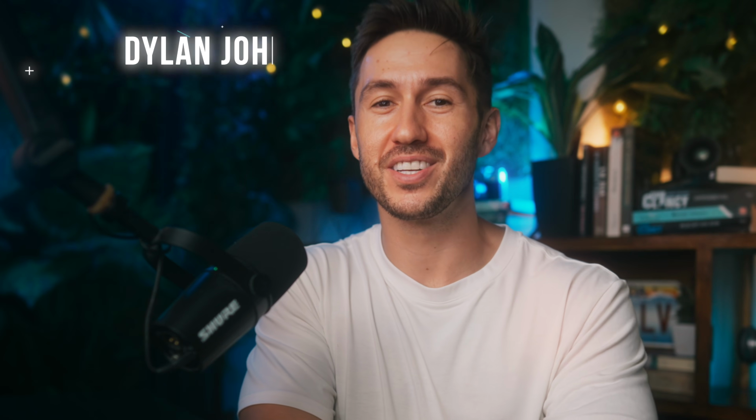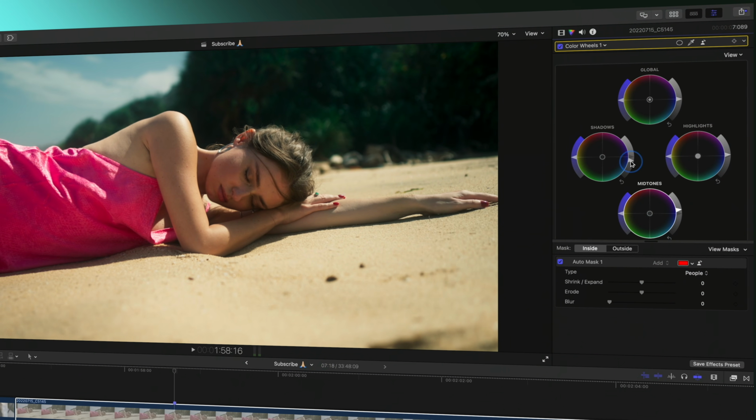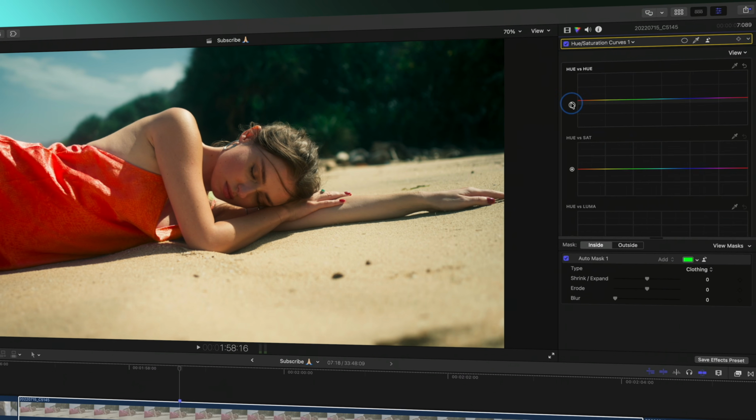This is the best way to whiten your teeth in Final Cut Pro. Let's cut out this fluff. Let's hop into it. We got very lucky with the arrival of auto masks in Final Cut Pro because that